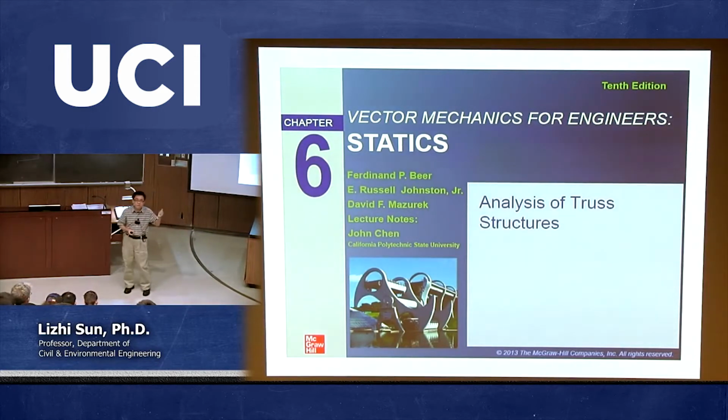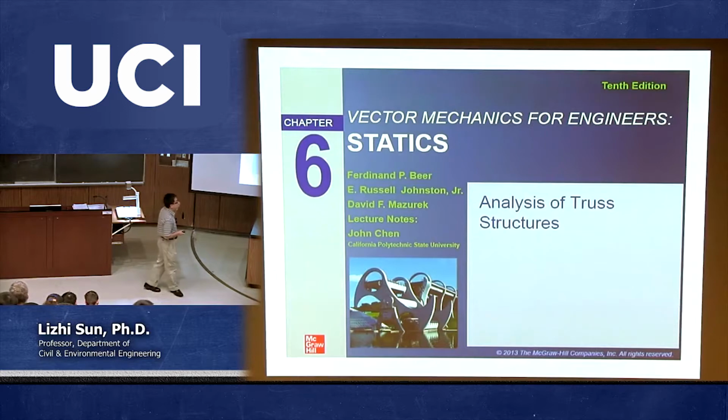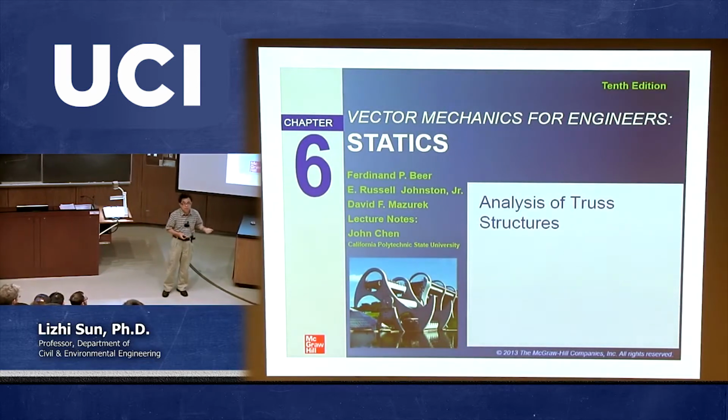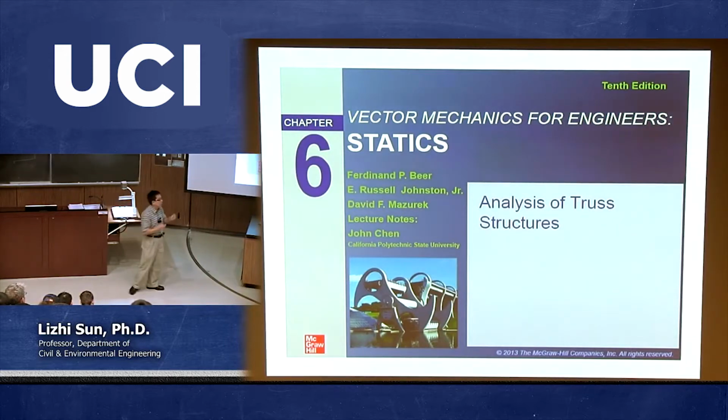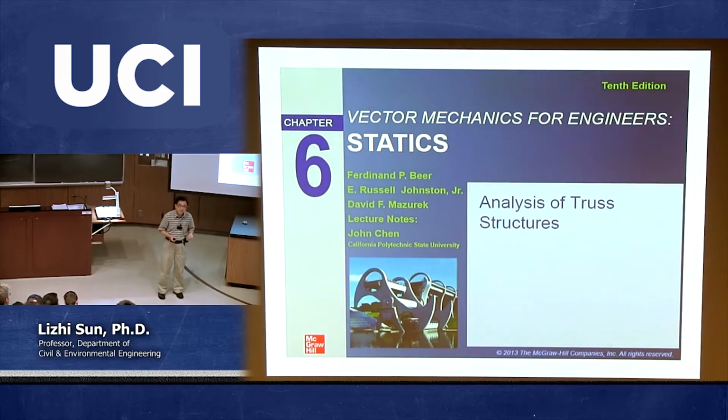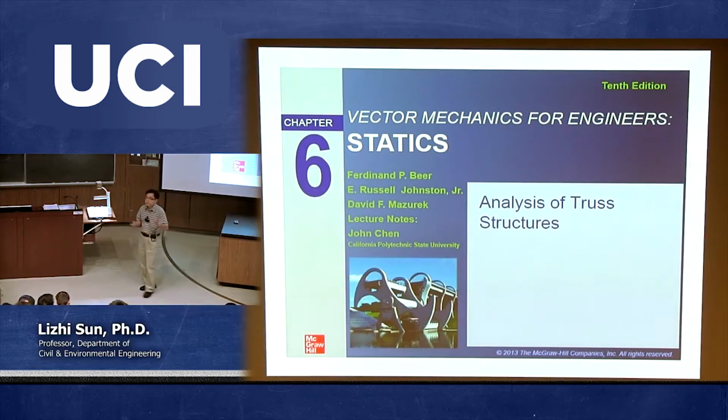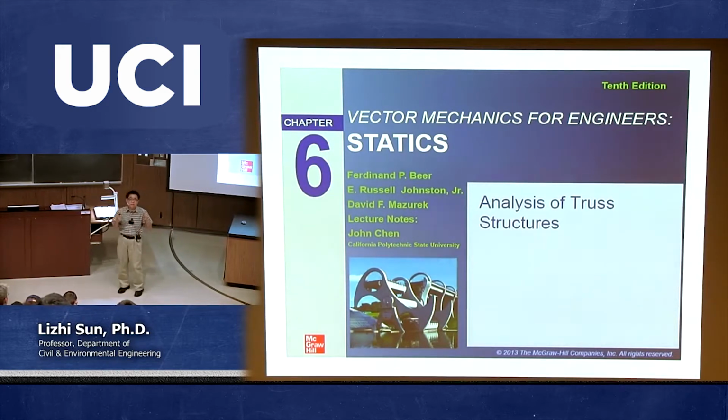So starting from chapter 6, we're going to talk about one of the special rigid bodies, and that is called the truss. And then later on, in chapter 7, we're going to introduce another special case of rigid bodies, which is called the beam. So for this chapter 6, we're going to introduce truss structures, and then we're going to learn